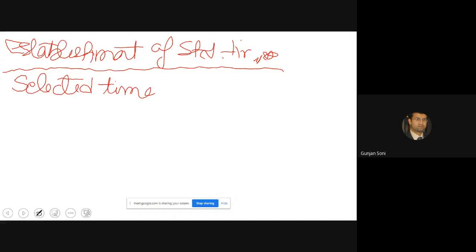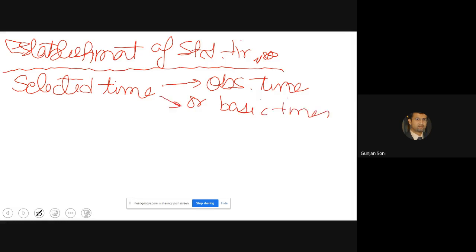These times can be either observed times or basic times. Either of those could be taken as selected time. We will use the selected time term again later.